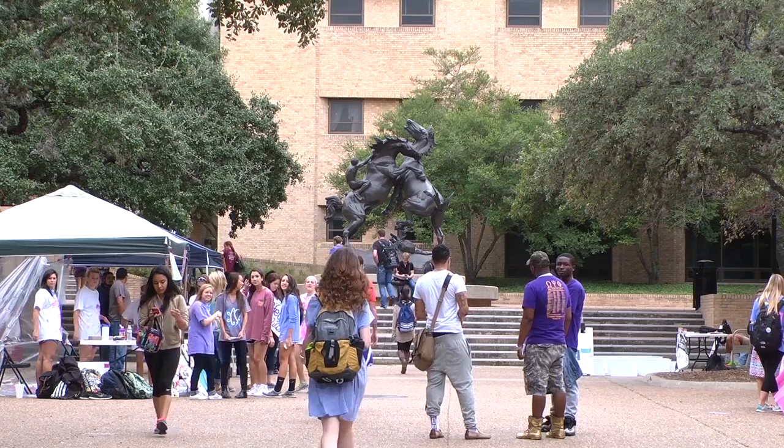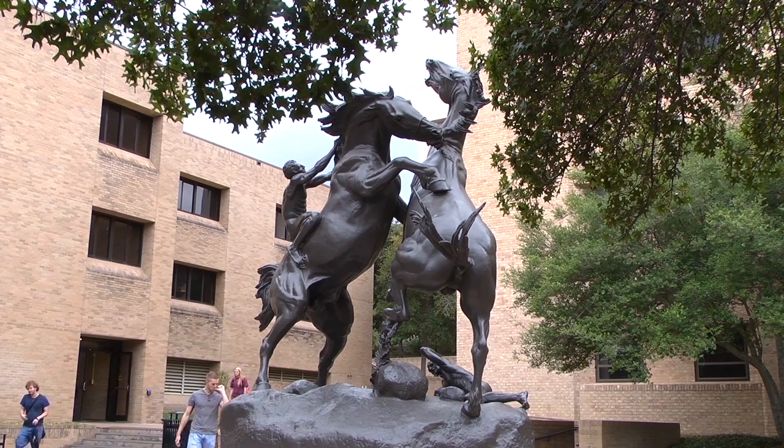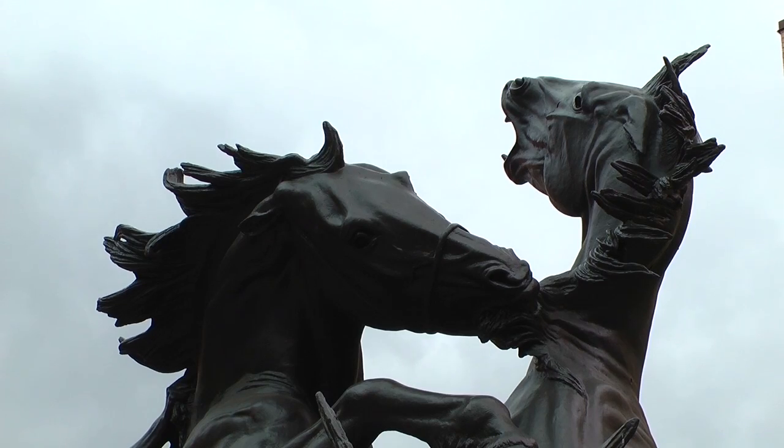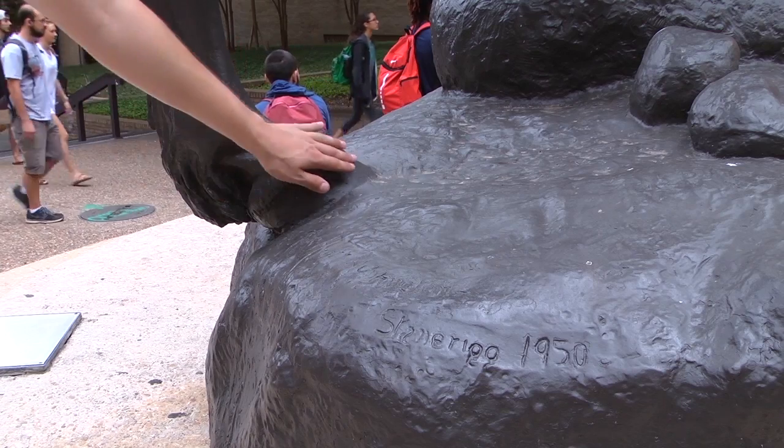The Fighting Stallions statue located on the west end of the quad stands 17 feet tall and marks the designated free speech zone on campus. It was donated to the university in 1951 by sculptor Anna Hyatt Huntington. We actually have a tradition that's like our freedom of speech area. So you can go inside there and say whatever it is you need to get off your chest or stuff like that. And the tradition is that you rub the horse's hoof, and then you walk down and you give